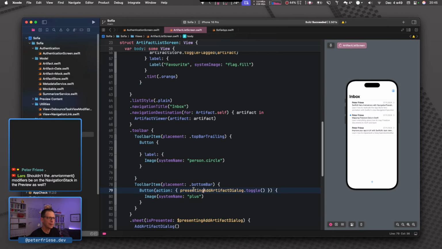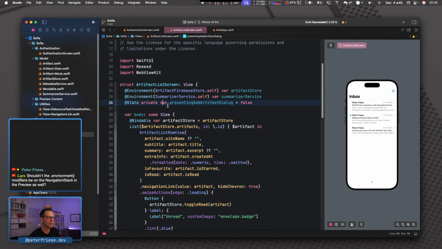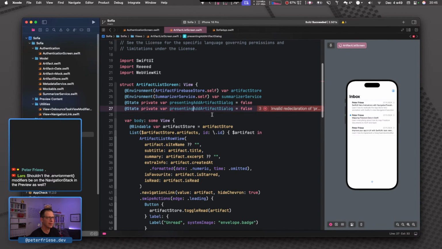So here for this plus button, we have this presenting artifact toggle, and we're just going to replicate this. So let me just make a copy of that. And then it's going to be presenting authentication dialog. I think that would be a good name.